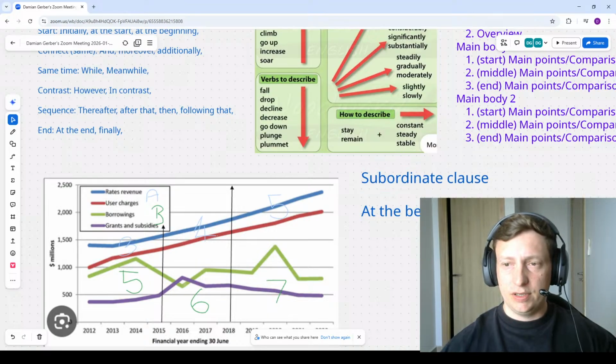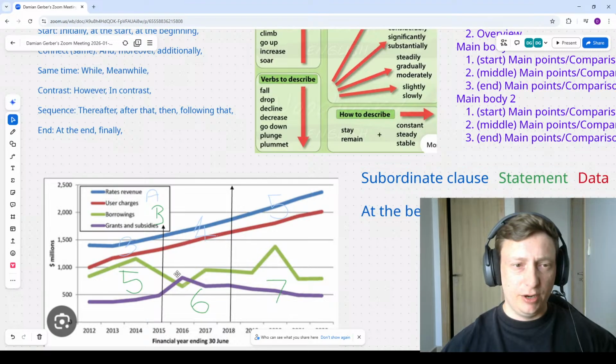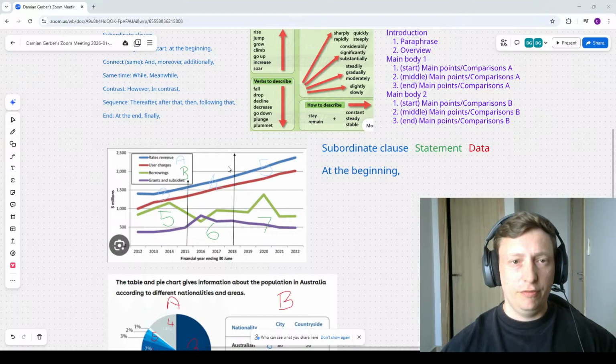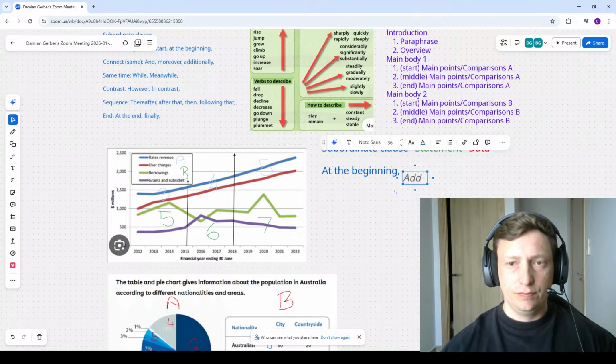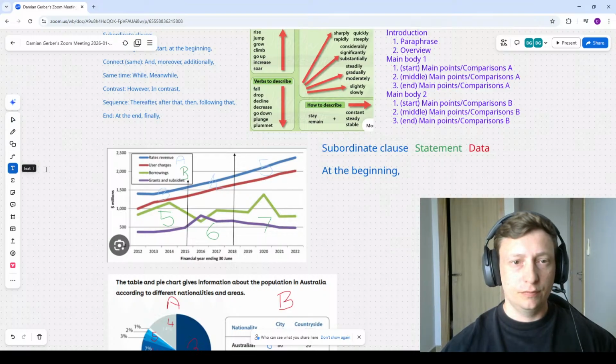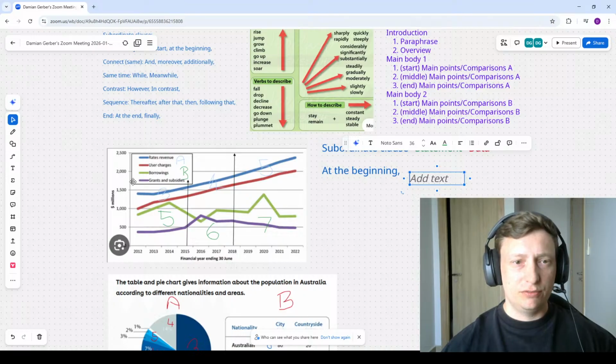Now we either need to go with a statement or data. I'm going to keep it simple. I'm going to go with a statement. Unfortunately here we've got quite a lot going on, so our statement is going to have many elements to it. So if we look at the blue line and the red line, these are the ones that we are comparing to each other. So let's start with rates revenue. What did they do here? You can write with me if you like. So we can see that rates revenue fell